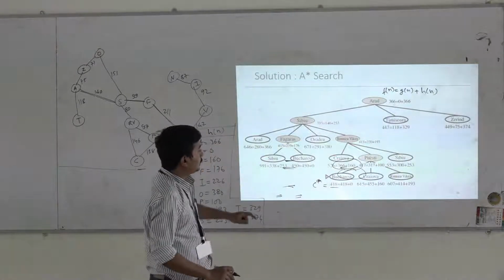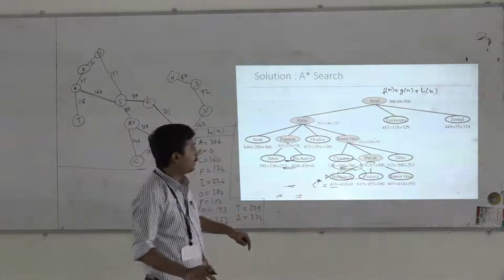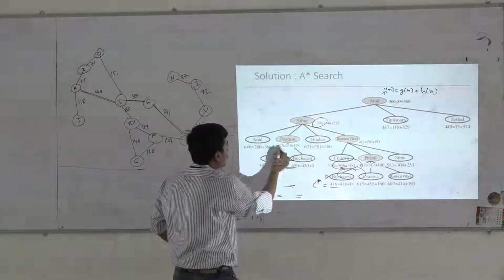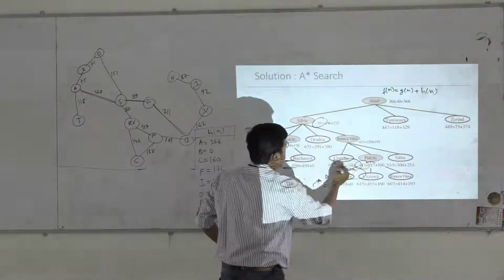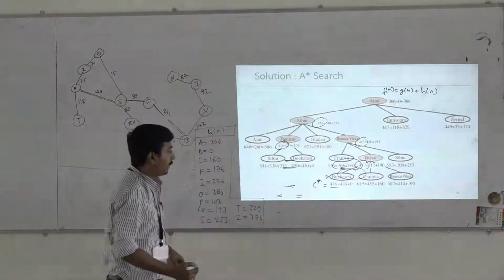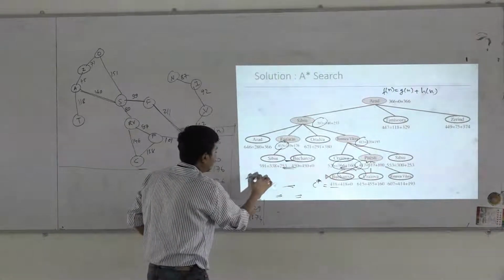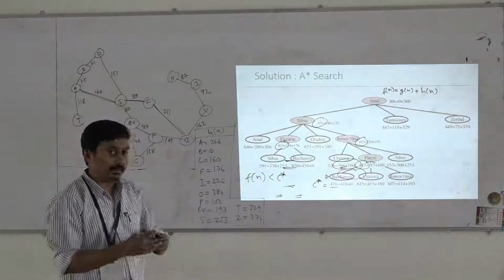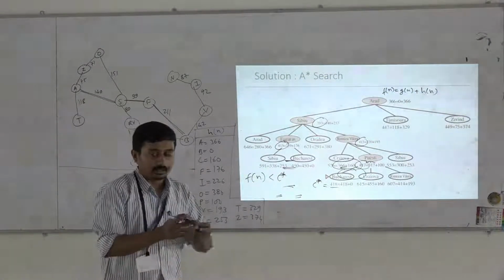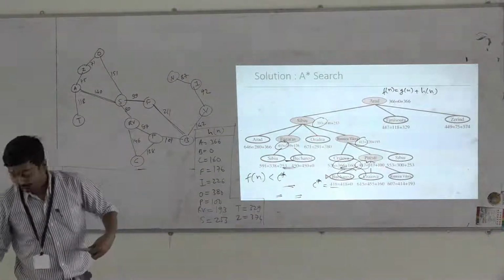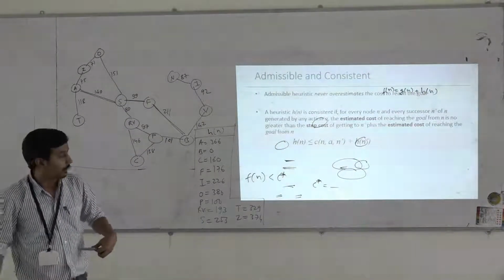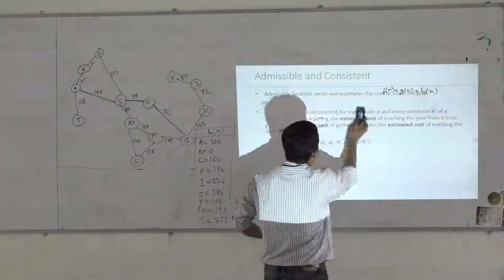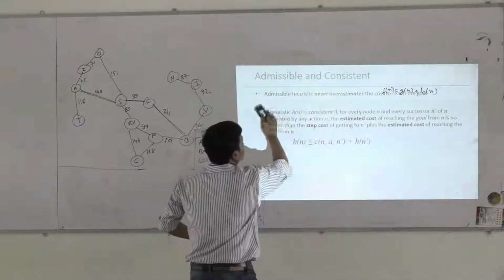Now, as you can see from this example, it is expanding every node with value less than this. So it has expanded this one, this one, then this one also. So there can be many nodes with this condition satisfied. In the worst case, it may have to expand every node, every subtree in the tree. That's why its time complexity is again exponential. Now let us talk about admissible and consistent conditions.